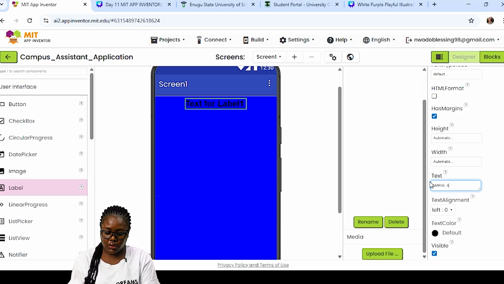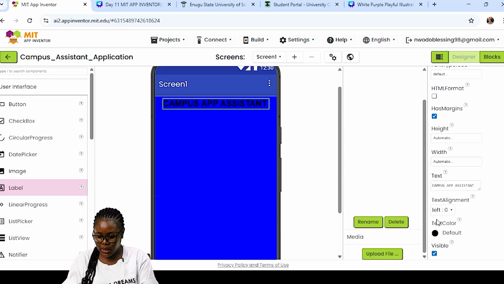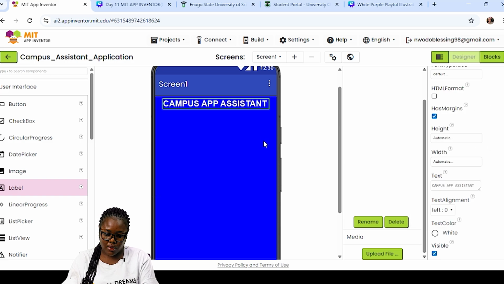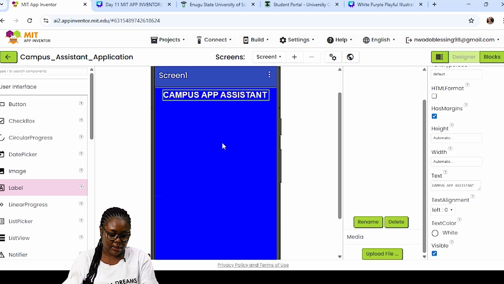Campus Assistant. Okay, this way, and then the text color is white, so change it to white. All right, that's it. So the next thing we'll be dragging now is